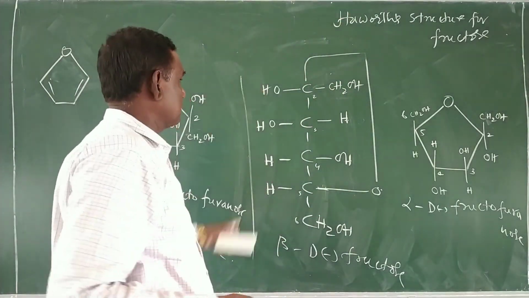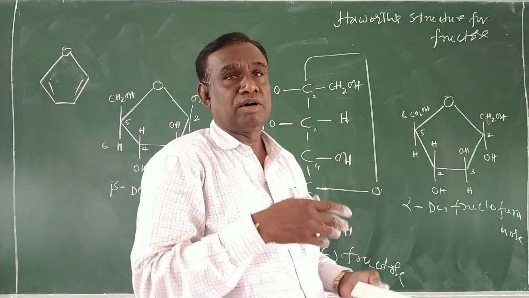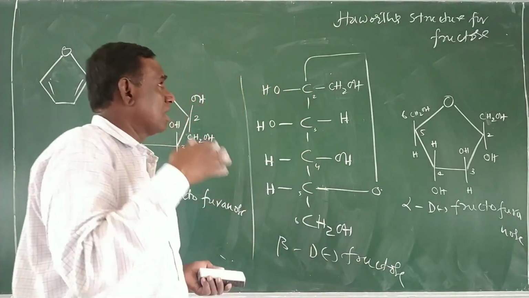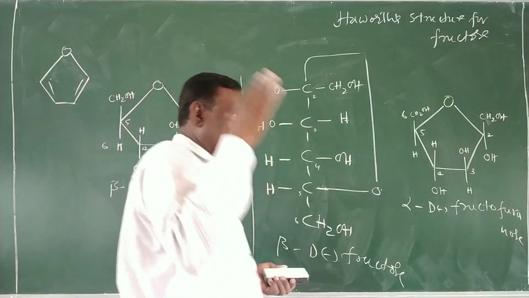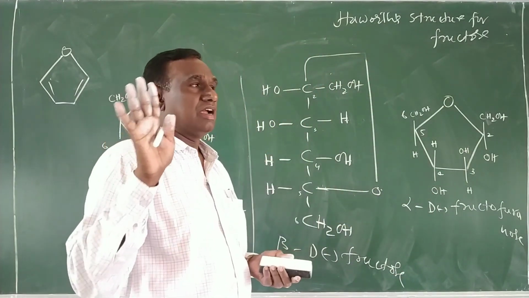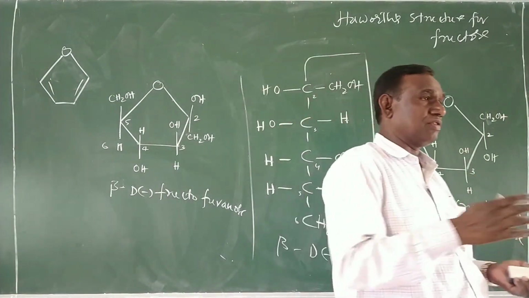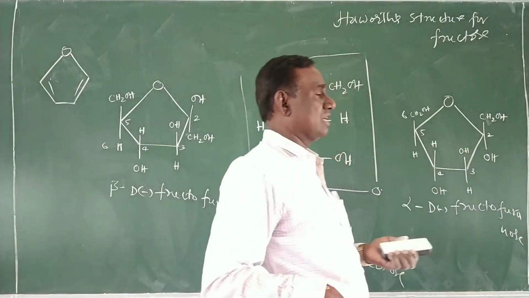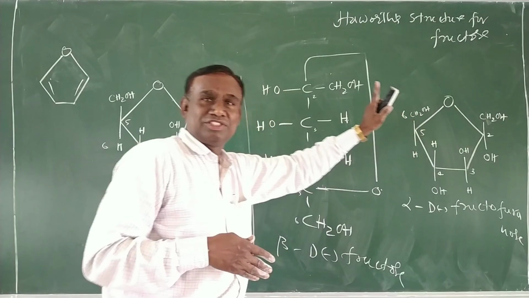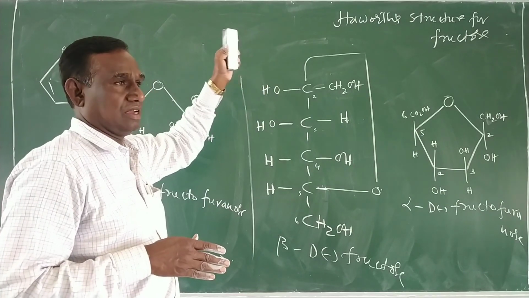You see, in fructose, the second carbon atom contains a ketone group, but in glucose, the first carbon atom contains what, an aldehyde group. That is the difference. You see. Okay. Remember, in glucose, the aldehyde group is present at the first carbon atom. In fructose, the ketone group is present at the second carbon atom. In glucose, the structure is similar to that of pyran. Therefore, it is called the pyranose ring. In fructose, it is similar to that of furan. Therefore, it is called the furanose ring. Furanose, not pyranose. It is what? Furanose. Okay. That completes your structure for alpha D fructose and what? Beta D fructose.